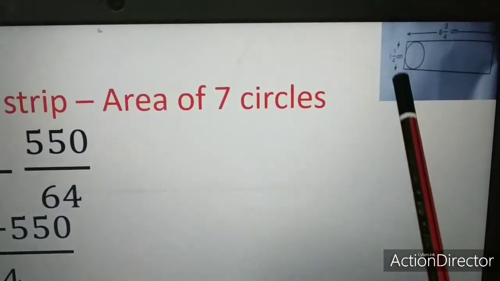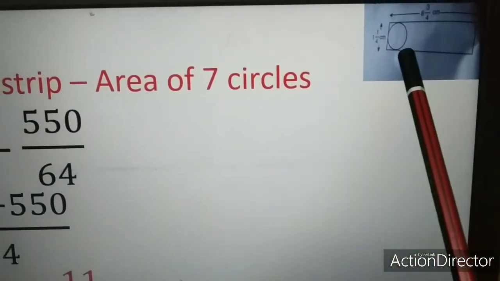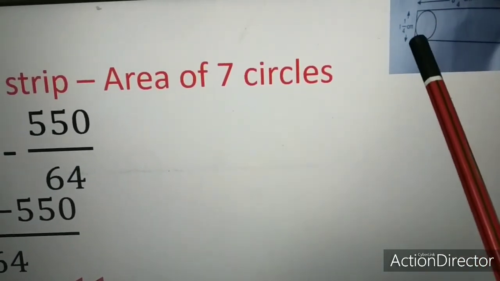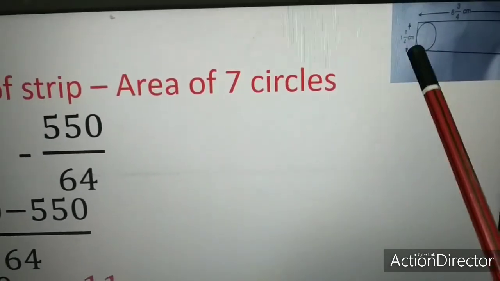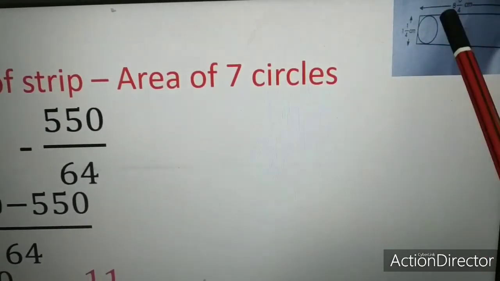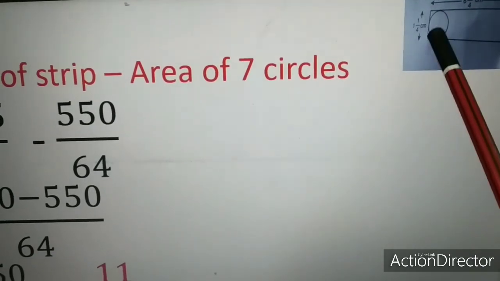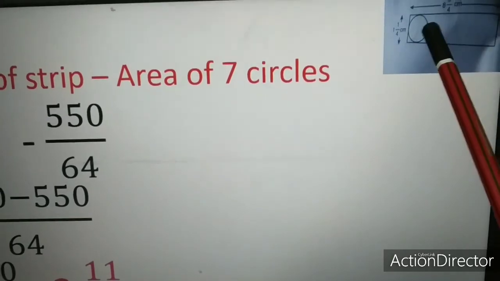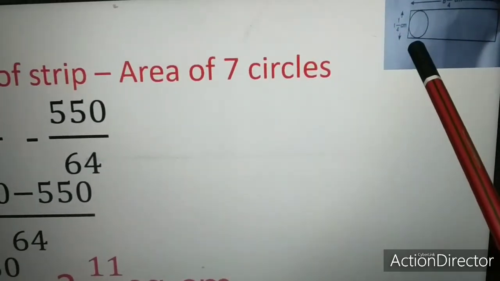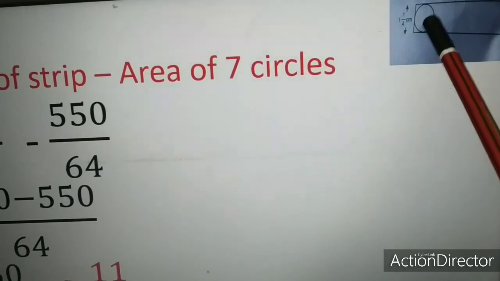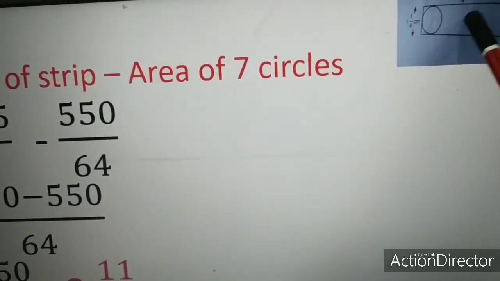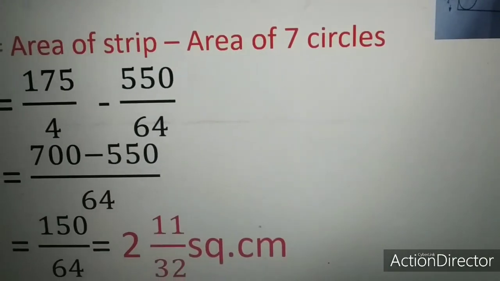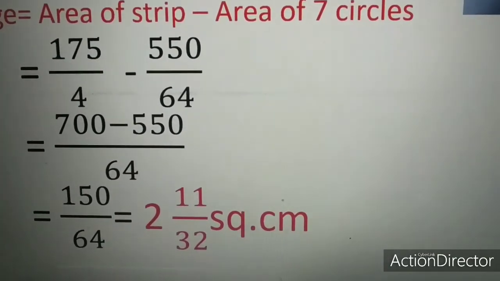Here you have to understand the question. First step, you have to find the number of circles we can cut from this aluminium strip. For that, we should understand the diameter of the circle is nothing but the breadth of this rectangle. So if you divide this length by this diameter, you will get the number of circles. So we are getting 7 circles. Then afterwards you find the area of the rectangle. Next you find the area of 7 circles. Subtract both. You will be getting the unused area over here. Hope you understood all the 3 important sums over here.